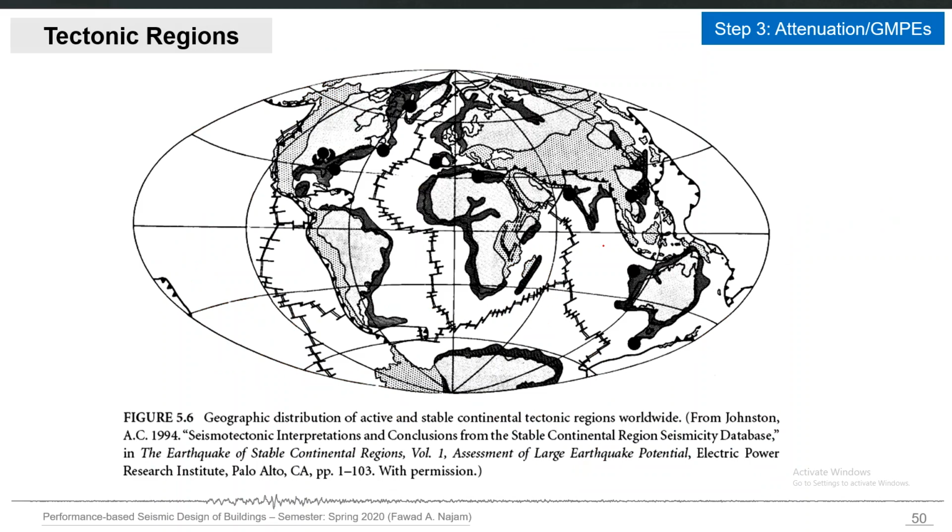So these are the three major tectonic regions which I was using in the last slide. Here first you have the active tectonic regions, which are shown by these dots, the areas shaded with dots, and these are spread all along the world. You can see them spread along the main converging plate boundaries here on the west coast. Similarly you have South America here. Here also you have a main converging plate boundary, the Himalayan belt.